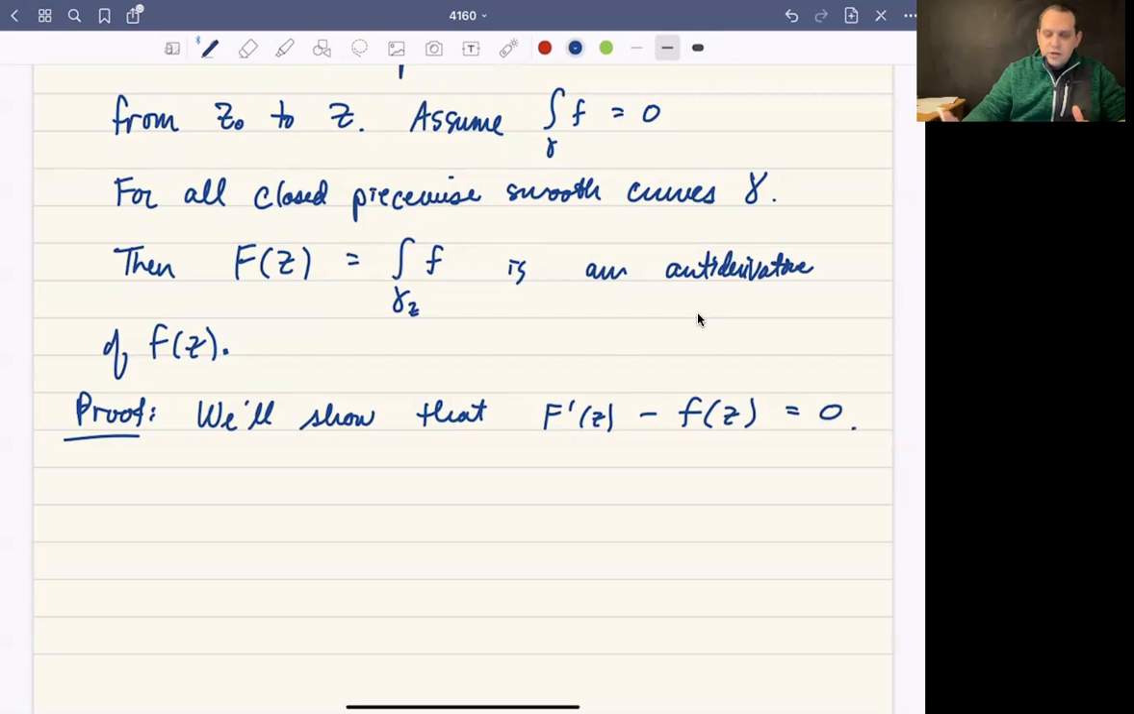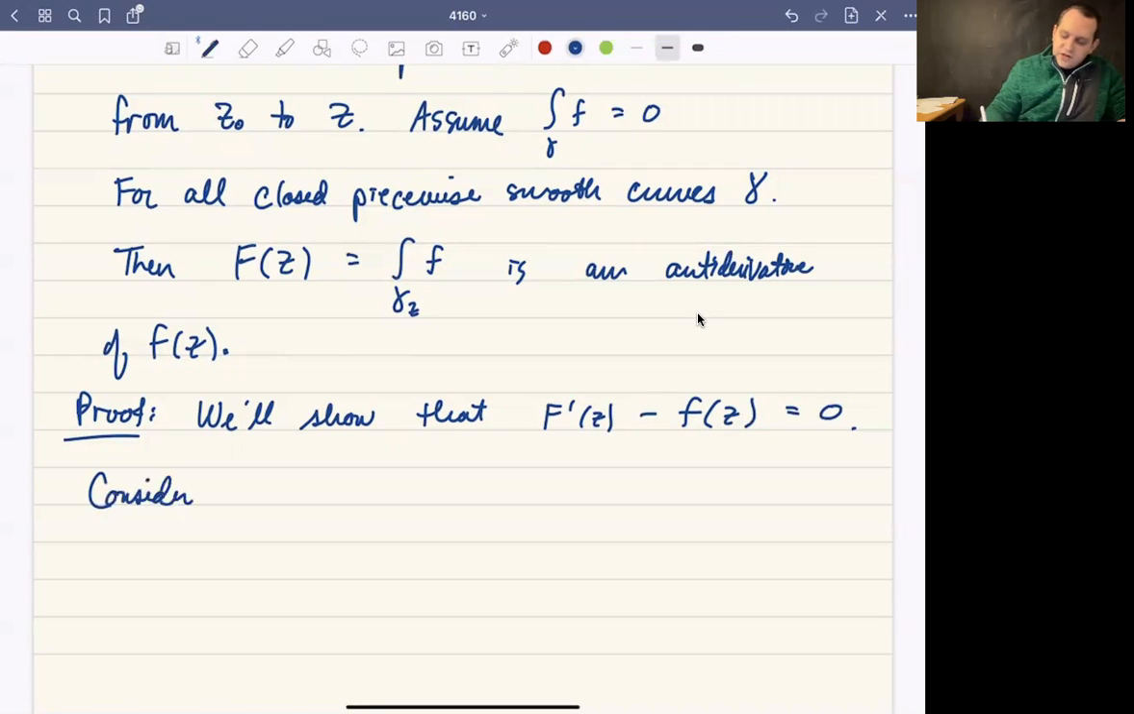To do that, we're going to have to work with the limit definition of the derivative, because that's really all that we have. I mean, we don't know what the function little f is. We can't say anything about its antiderivative a priori. So we just have to work with the limit definition. We don't have a choice. So what we're going to do is consider